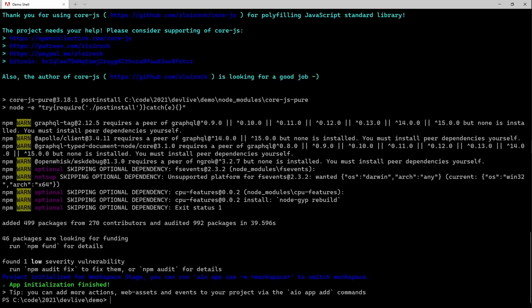All right, there we go. It is done setting up our project for us. After all that great heavy lifting that the CLI has done, let's take a peek at this. You can use any IDE you want, but in this I'm going to use Visual Studio Code. That's my favorite.